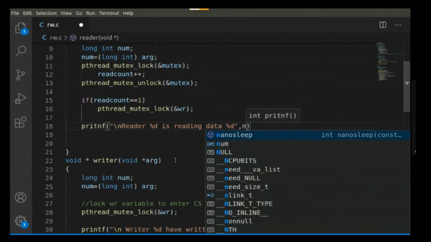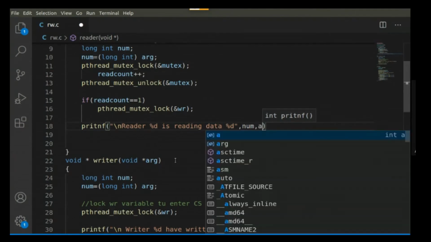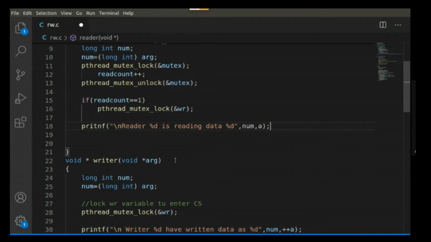The first %d will be the number of that reader, and the second %d should be the value of variable a. He is just reading the data, so we are not pre-incrementing or post-incrementing this variable. We are just printing whatever value was updated by the writer. Okay, till now this is correct.